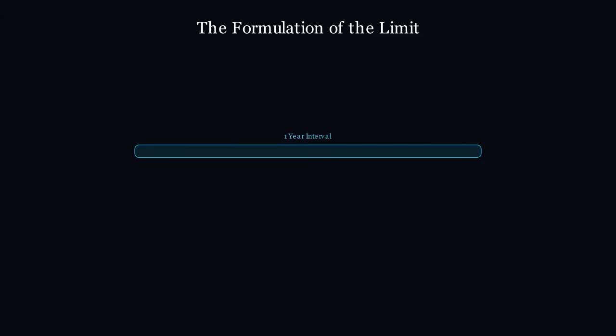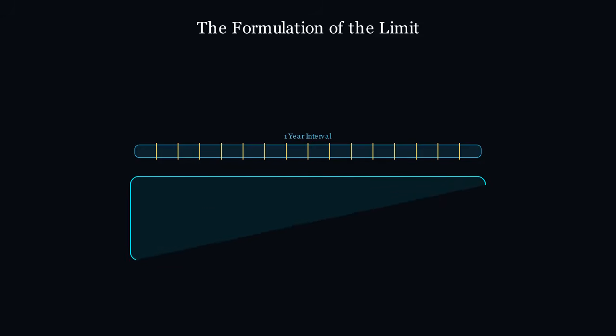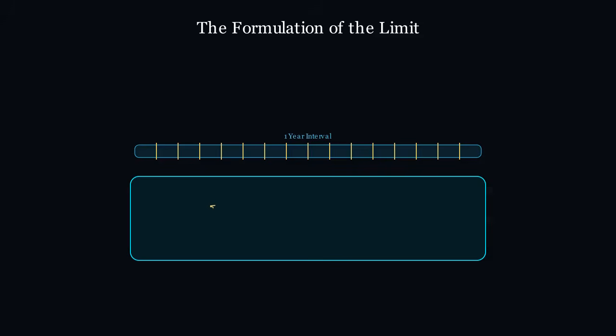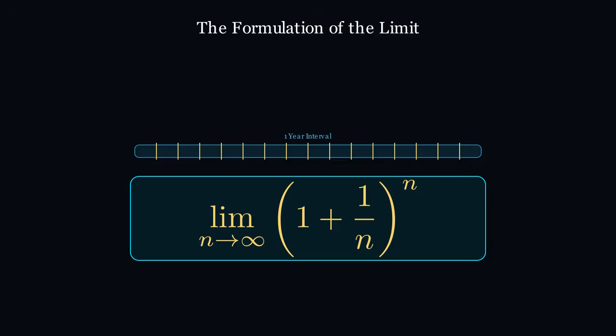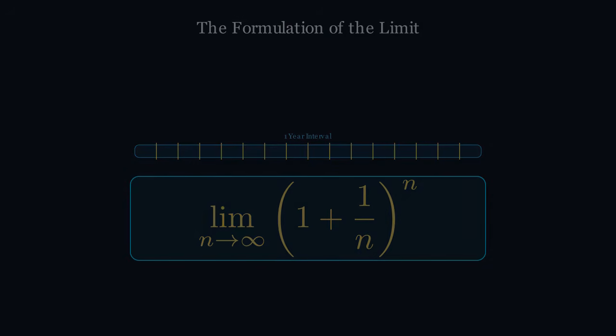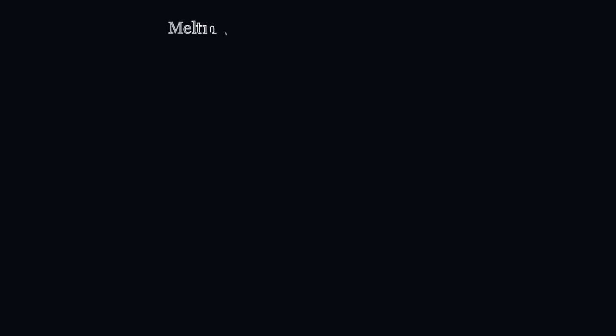The paradigm shifted in 1683 when the Swiss mathematician Jacob Bernoulli turned his attention away from static calculations and toward the dynamic behavior of physical systems. Bernoulli was fascinated by systems that feed on their own expansion, such as biological cell division or unconstrained chain reactions. In these natural processes, the rate of expansion increases exactly as the system itself gets larger, creating a continuous feedback loop of proportional growth. Yet a massive problem remained.